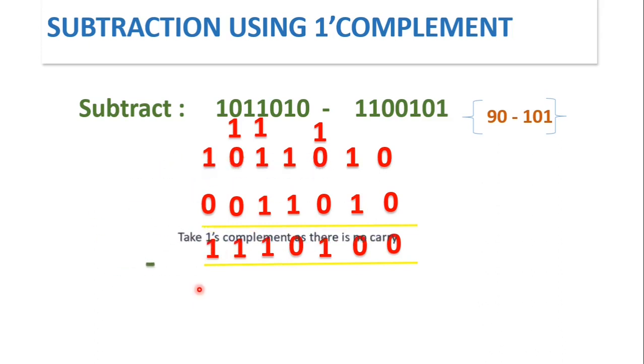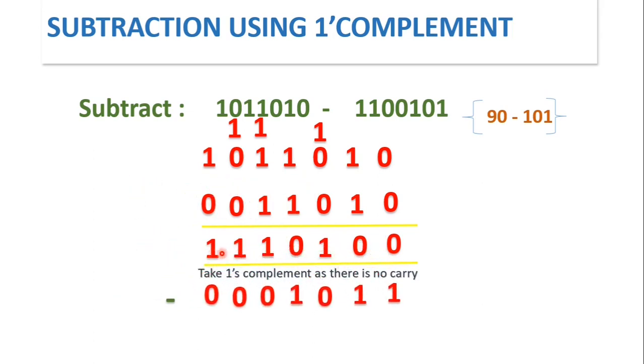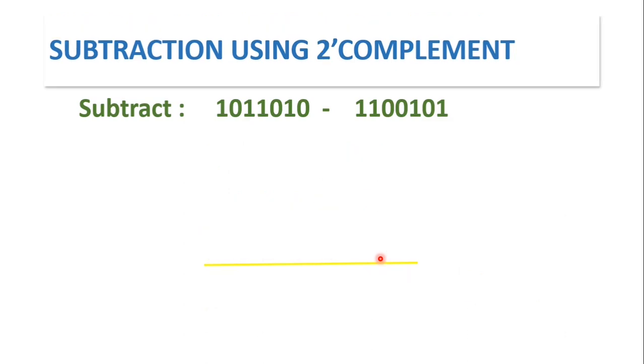We have to take a minus sign, and then we have to calculate the ones complement of the number. So the ones complement of this number would be, all these ones would be replaced by 0, this 0 with 1, this 1 with 0, and both these zeros with 1. So the answer that we get is 1011, that is equivalent to minus 11. So the important thing to note here is that whenever we are getting the answer as negative, we are taking ones complement. So now let us look how it's being done by using 2's complement.